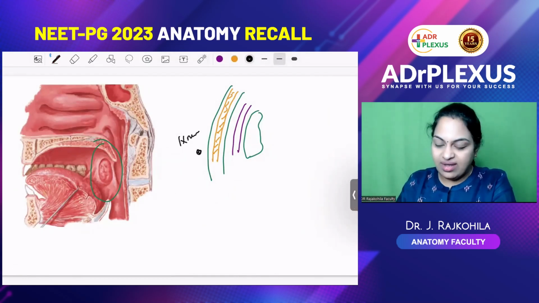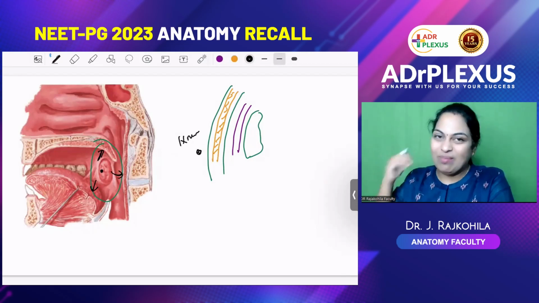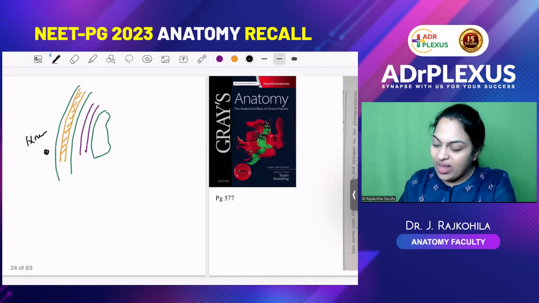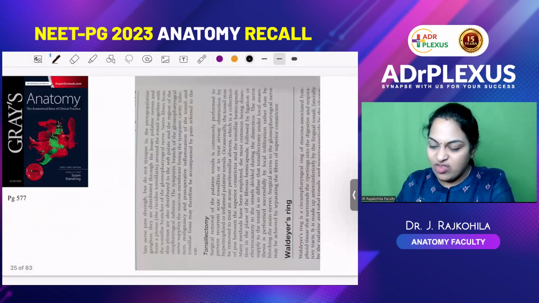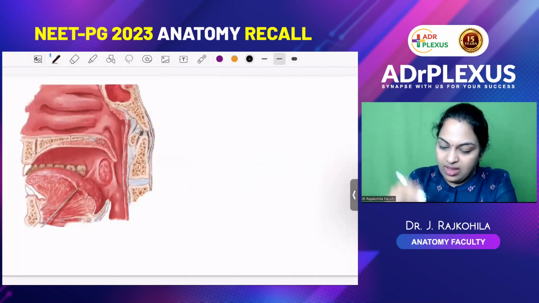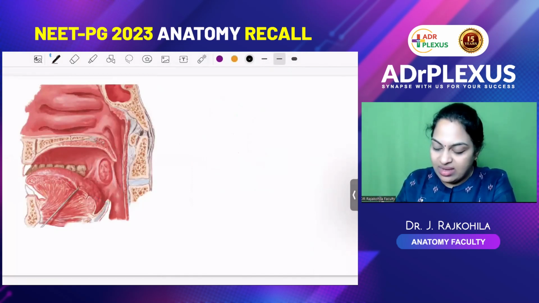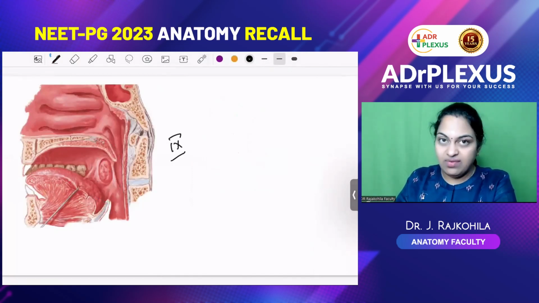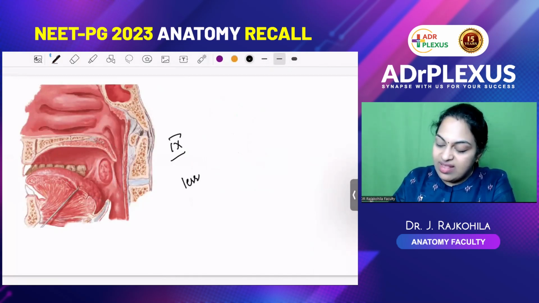This glossopharyngeal nerve supplies not only the palatine tonsil, it also supplies the soft palate above. The ninth nerve supplies the posterior one third of the tongue. It also goes behind to supply the oropharyngeal isthmus. Now, in Gray's Anatomy they have given a nice concept. What were we talking about? The ninth nerve. So, the ninth nerve, along with the lesser palatine branches from the maxillary nerve, or from